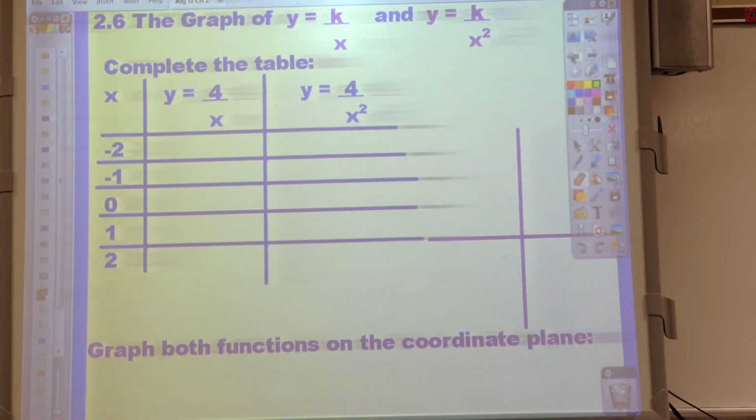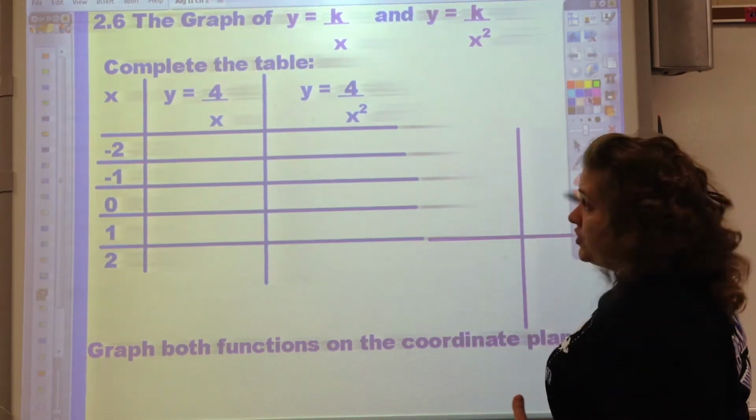And now we're going to look at the graph of two inverse functions, when x has the power of 1 and when x has the power of 2 for my inverse variation. So I'm going to plug in points just like I did last time, and we're going to graph both functions on the coordinate plane. So for my first function